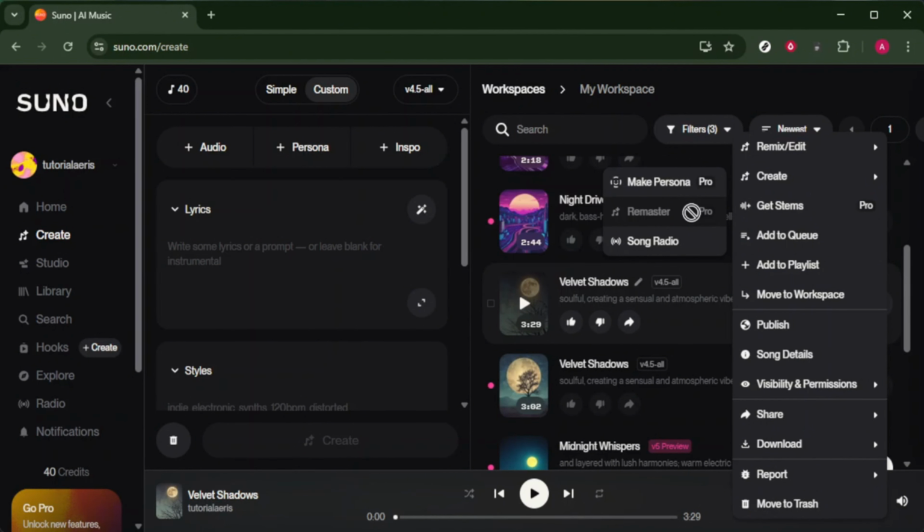And there you have it. You've successfully navigated through the Suno AI platform to reach the remastering stage. Each step you took not only shaped your music project, but also opened up new possibilities for your creativity. Remember, the more you experiment with each of these powerful options, the more you'll discover what Suno AI can do